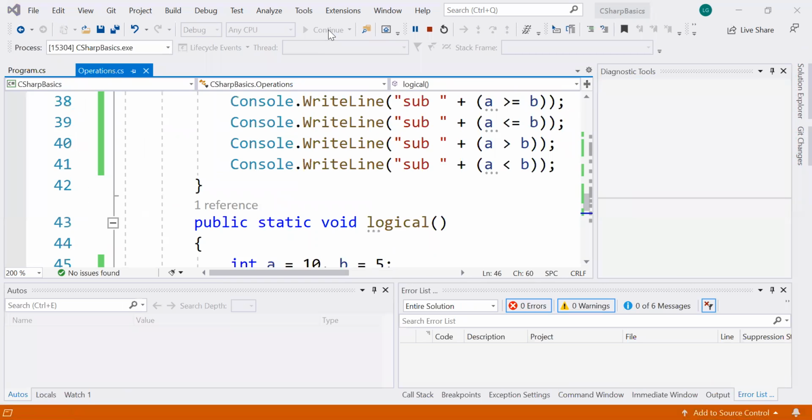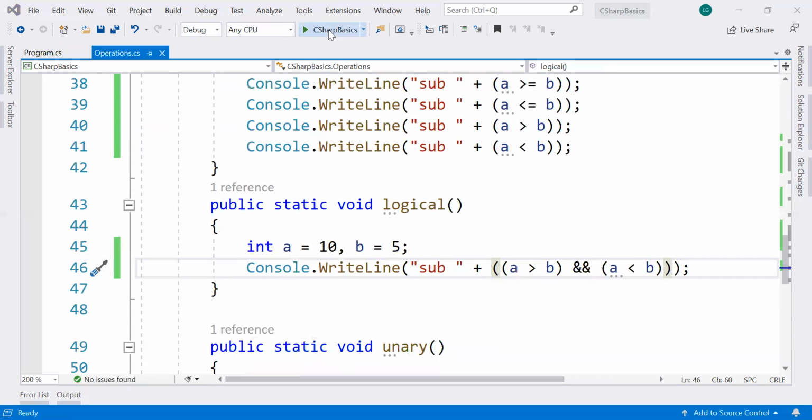If both the values are true, then only it will give true, because it is the and symbol. The and symbol checks whether both the conditions are true or false. If a condition is true and b condition is also true, then only it will give us true. If both the values are false, it will give false only.